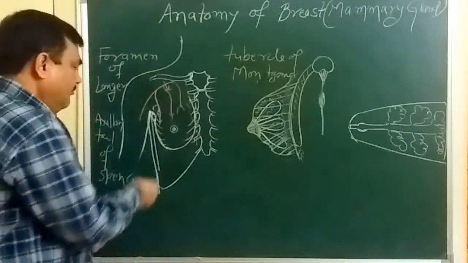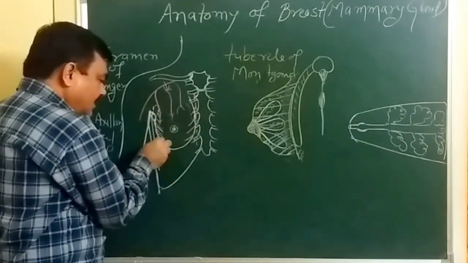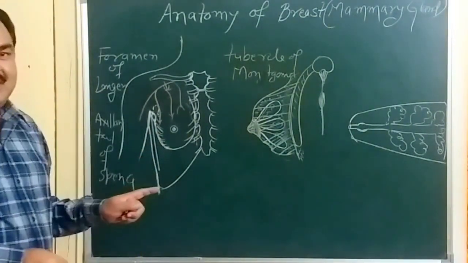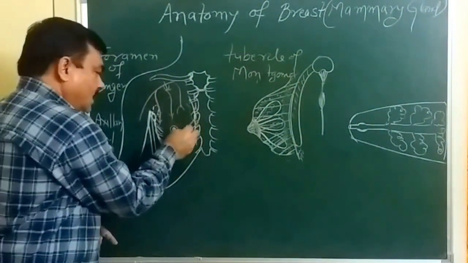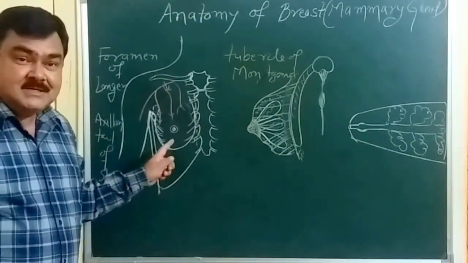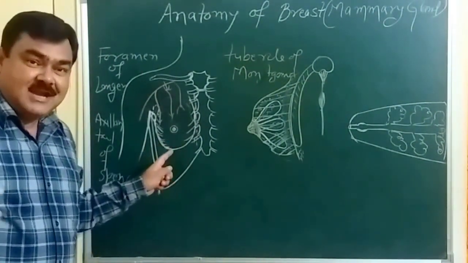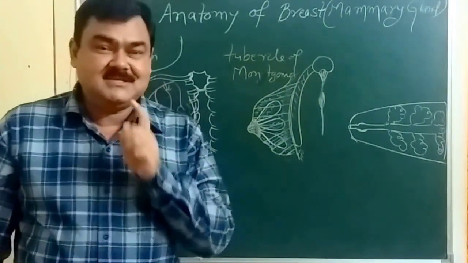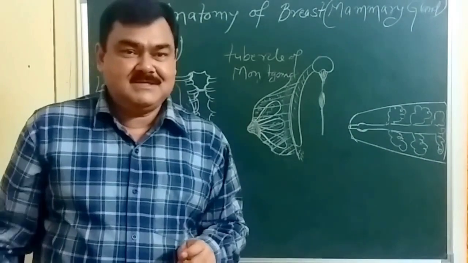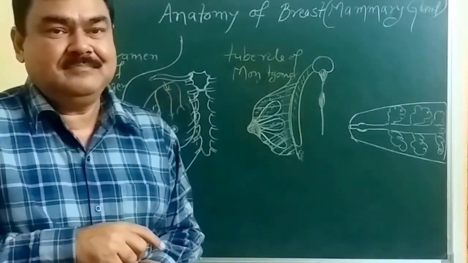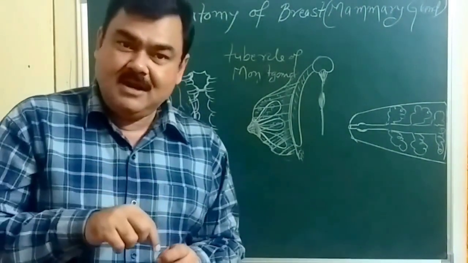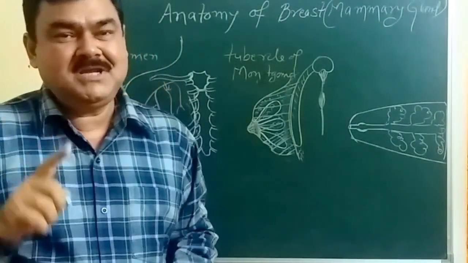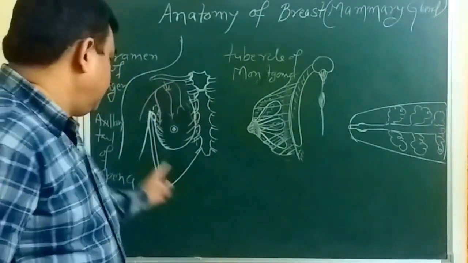And venous drainage: veins accompany the arteries. Then on the lateral side, the veins go into the posterior intercostal vein. Sometimes carcinoma of the breast may spread through venous channels, and from here it reaches the Batson venous plexus, a plexus around the vertebra. Then from there it may ascend up to the brain. So carcinoma of the breast may reach the brain through this venous channel.